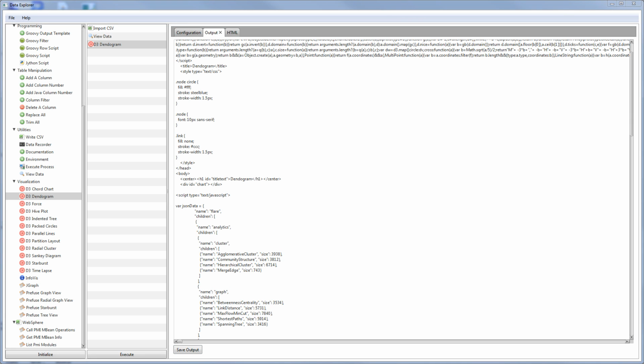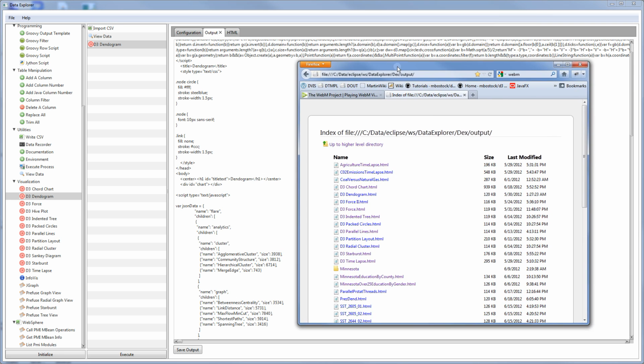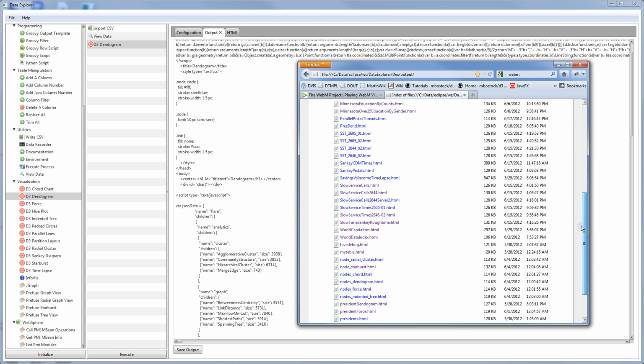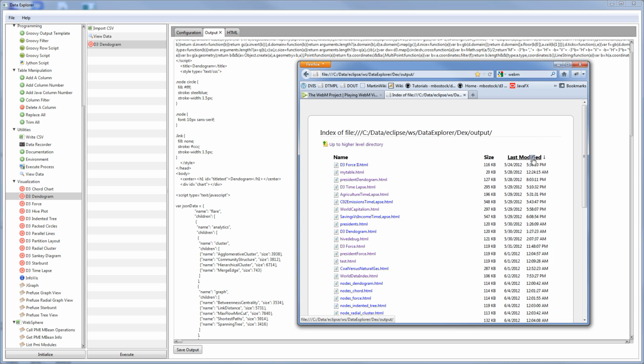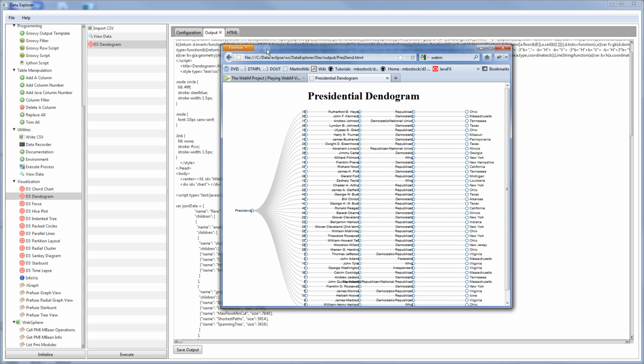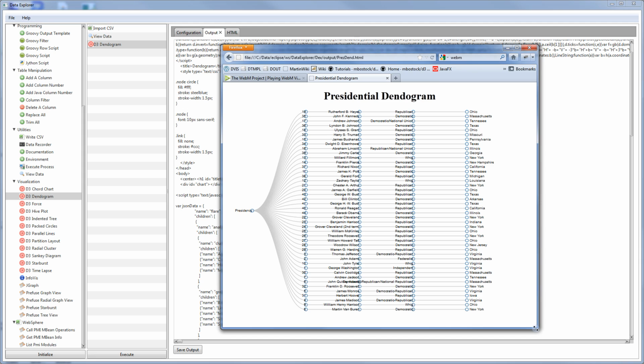And then we can load a browser like Firefox. And let me do that real quick and jump to that. And we can actually look at the data. Let's see, what did I call that? I think I need to reload this. President dendrogram, I think I just called it. Let me look here. Last modified. There it is, presden. Okay, so we can select that,